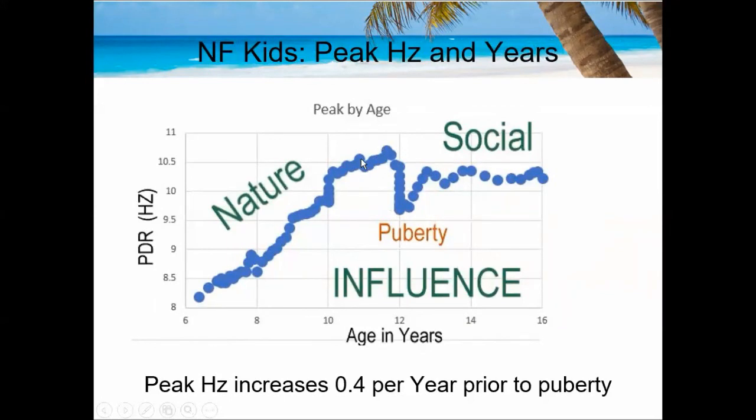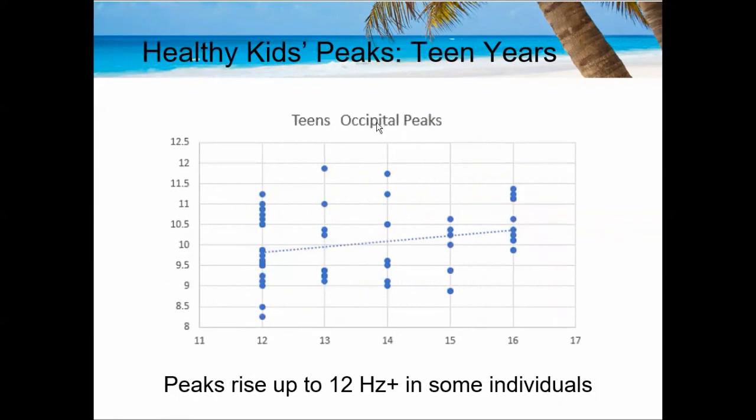And then sometimes there's this increase of 0.4 hertz per year past 10 and a quarter, up to like here at age 11, 10 and a half, even maybe 11. And then this is the point where you were a single individual, and then puberty hits, and you're cut in half. And he has a response in this specific group of data. And then I think most of us stay on 10 because we have all this feedback. It's the social speed that most people are at. 10-year-old mind, I guess. Okay. And here you can see it goes faster in some kids when they hit this 11 years, 12, some go faster, and you can get up there. But there's so few people